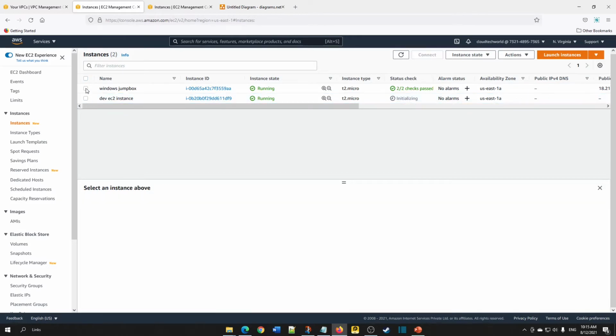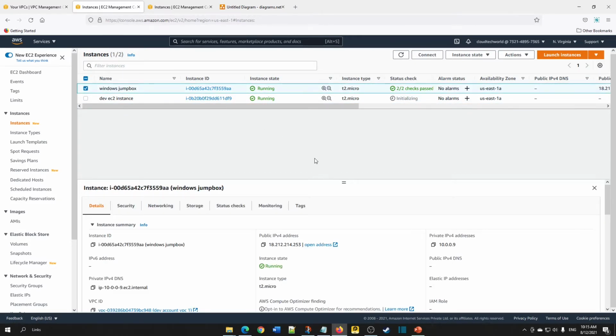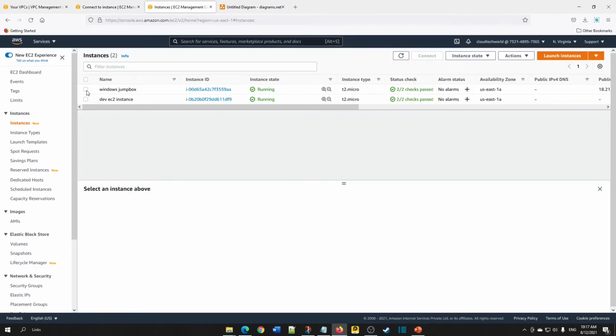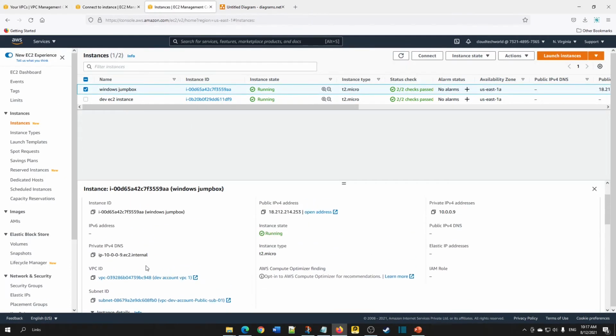Okay, now the Windows instance is ready. Let's see whether we are able to connect to it. To connect to the Windows EC2 instance, make sure it is connected to the internet. Was the routing setup done for this? Click on subnet.